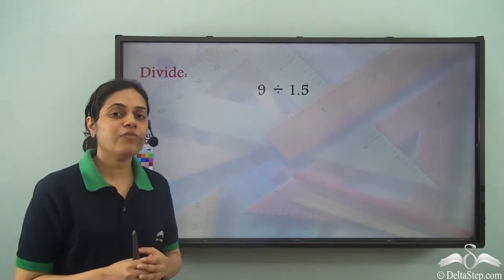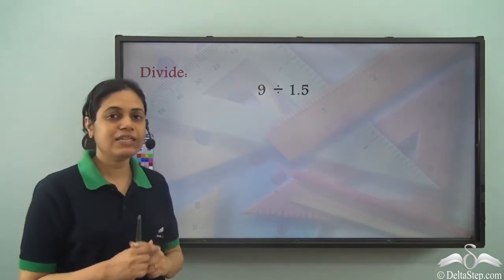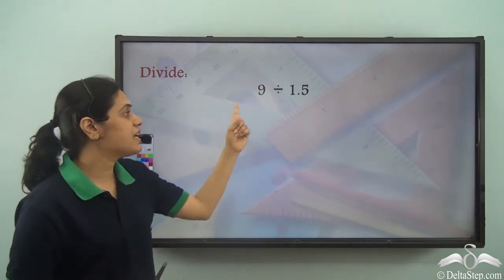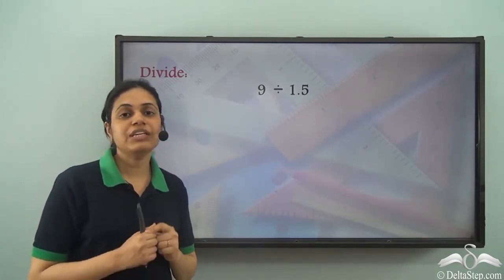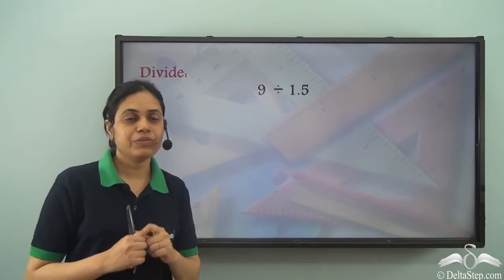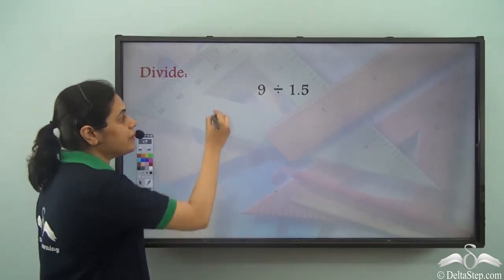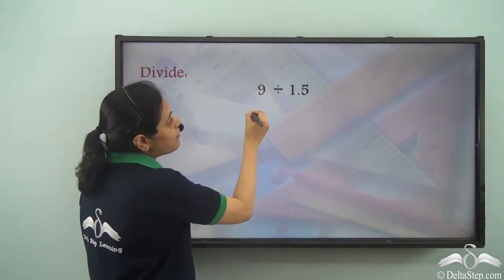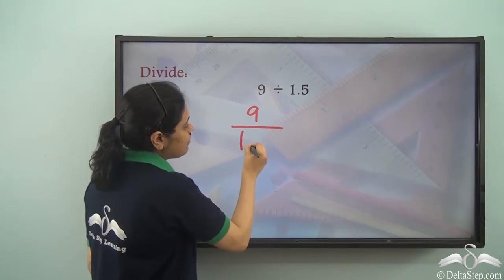We have already seen how we can divide decimal numbers when the dividend is a decimal number. Now in this case, I need to divide 9 by 1.5. So over here, the divisor is a decimal number. So the divisor is 1.5, which is a decimal number. Now 9 divided by 1.5 can be written as 9 divided by